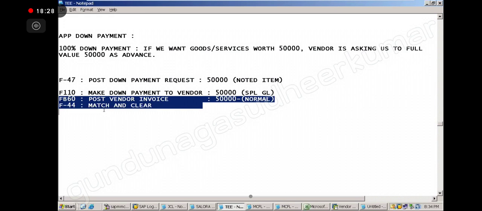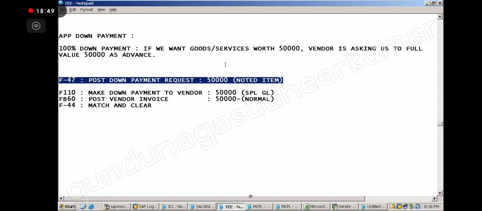Go back and do the manual process in the invoice once again. Okay, first payment, then invoice. Before that, you have to do the OBYR F symbol. Otherwise, you cannot do it.